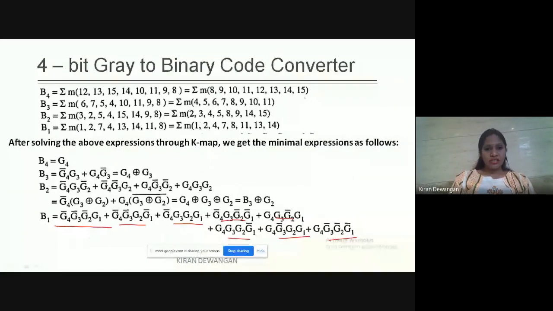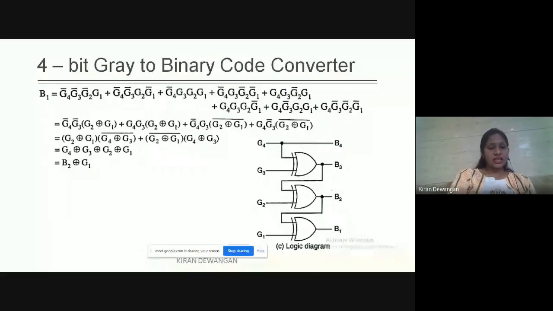Now we'll reduce it. The reduction technique is explained here again. We'll see it. आप इसको देखोगे. You'll try to understand it on your own, and then you'll try to solve it on your own. Clear? Now after this, we have got this one. This is our expression after solving this complete reduction. ठीक है? That will be B2 XOR G1.